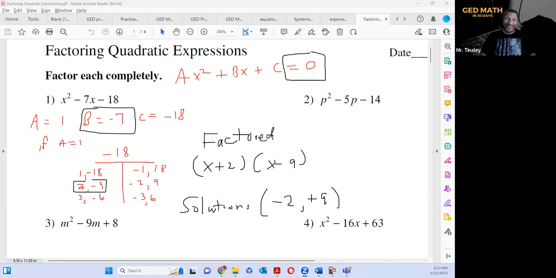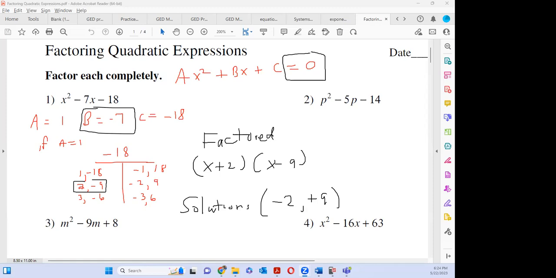So you cannot get them confused. The factored form is x plus 2 times x minus 9. The solution of this quadratic equation is -2 and +9. Now, okay, Mr. Tinsley, that's factored, right? Well, let me prove it to you, because the second thing I want to show you